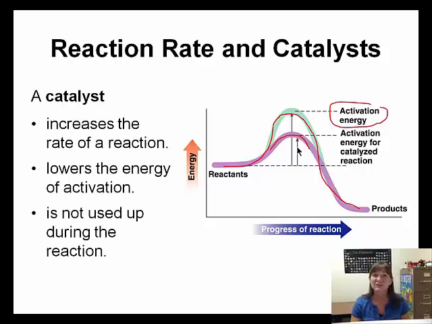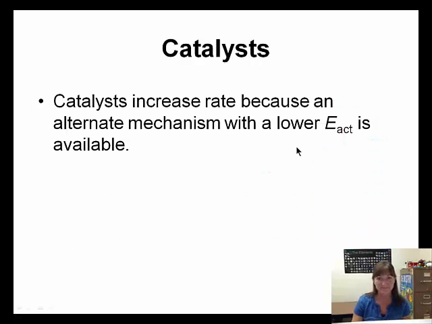Another thing I want you to know about catalysts is that they're not used up during the reaction. So you start off with your reactants, you add a catalyst, and those reactants turn into products, and then you're left with your catalyst. So then you can capture it and reuse the catalyst. So catalysts are going to increase the rate because they have found an alternative mechanism with a lower activation energy